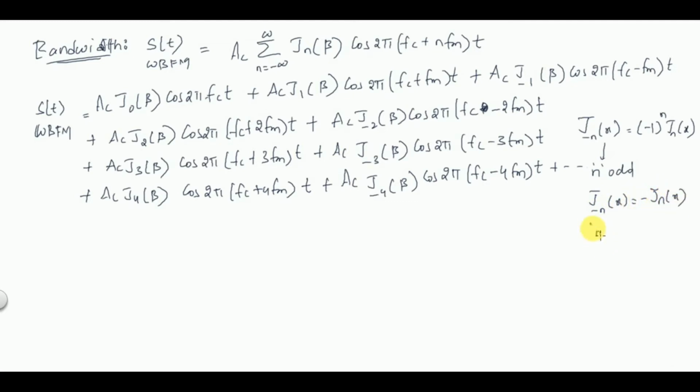Similarly, for n even, J minus n of x is equal to J n of x. Okay, so we'll use this property now. So s of t of